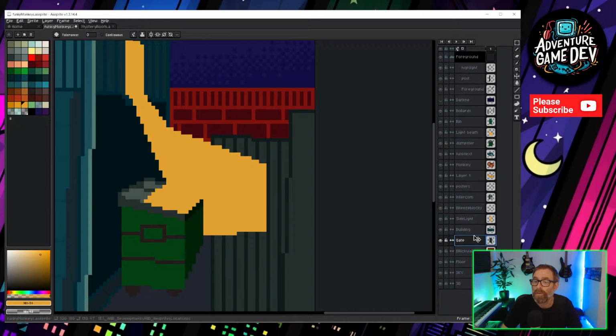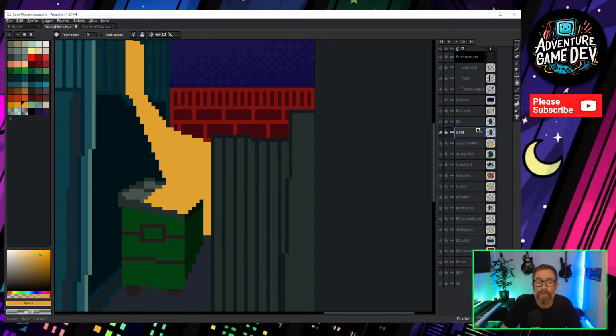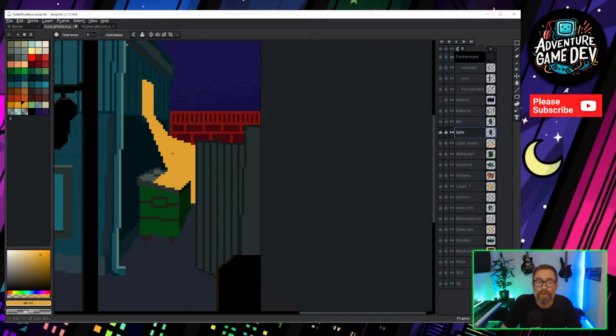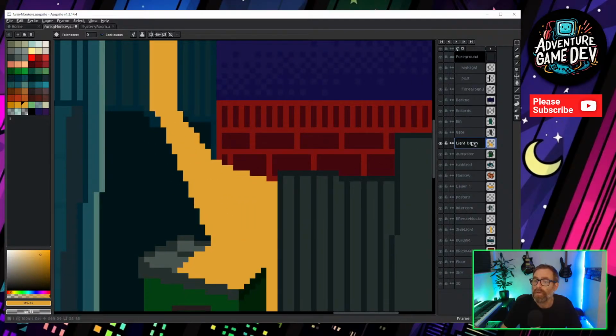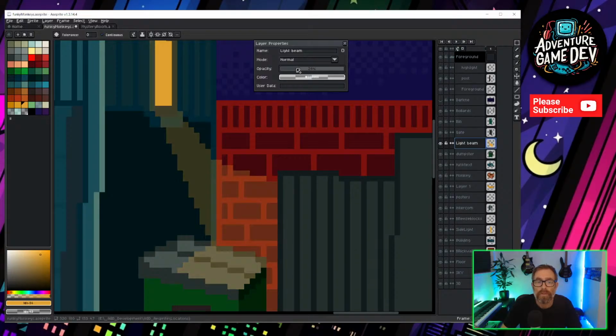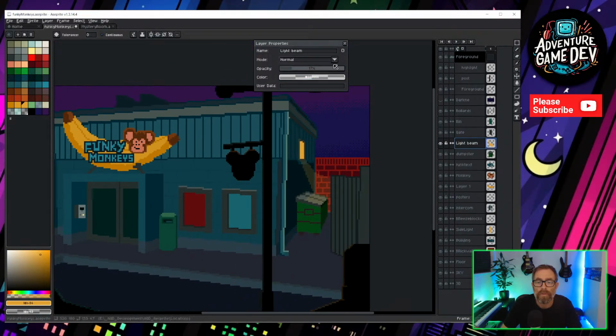Gate. Move that above there. So we've got that light beam. Take the opacity right down. Just gives us a bit of pixel art there for the glow. We'll accentuate that with the Unity light as well, I think.